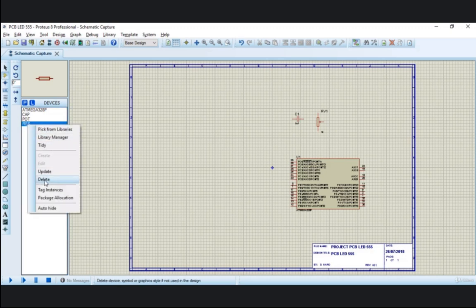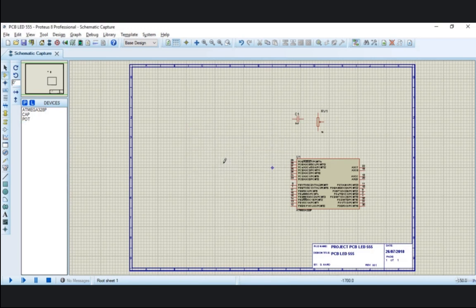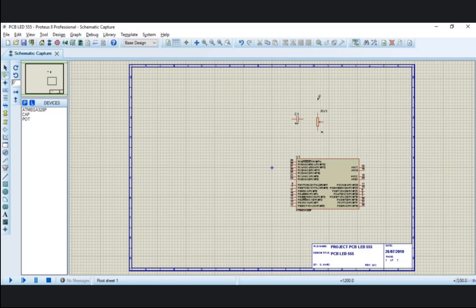So right click, and you may also delete from the list. Once it is deleted, you will not find that in the worksheet or work area. You can highlight that as well.